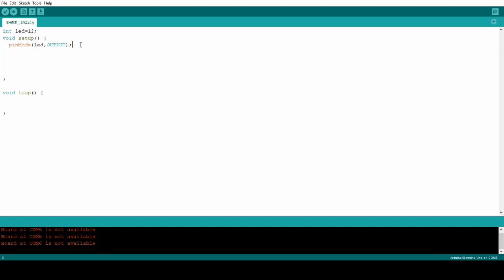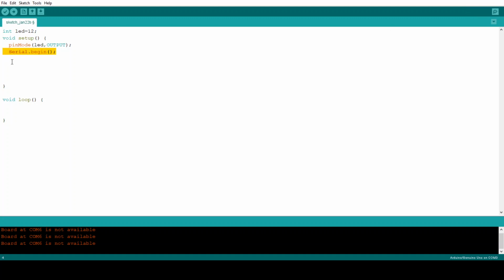Then the code that should be written in void setup is Serial.begin. Why? Because whatever code we write in the software, we have to see on the serial monitor.